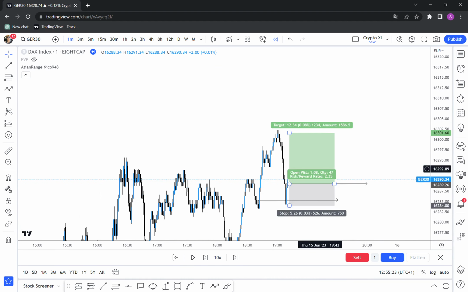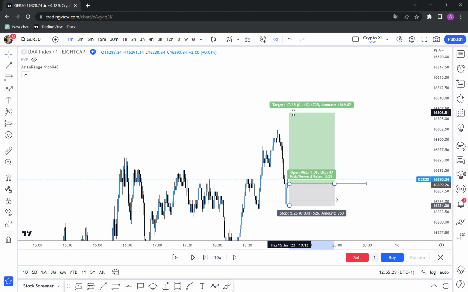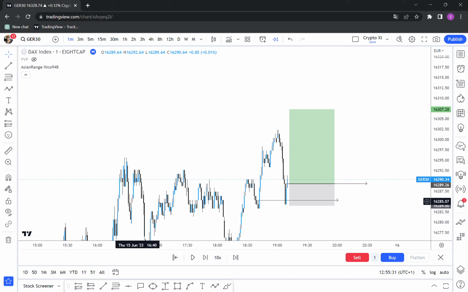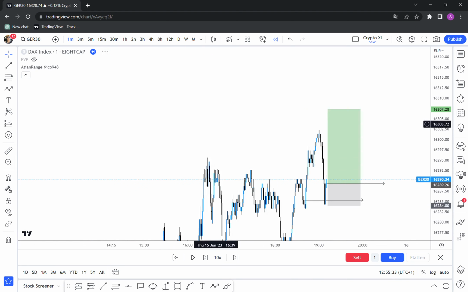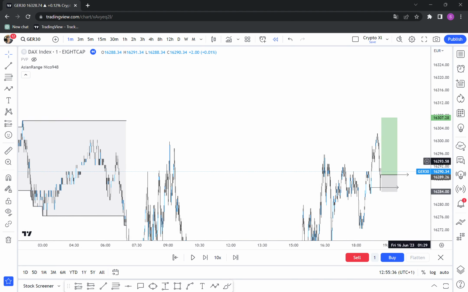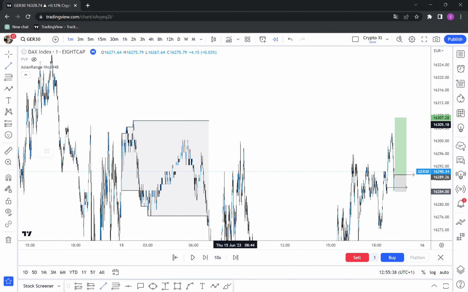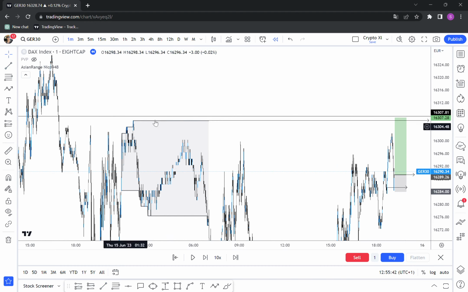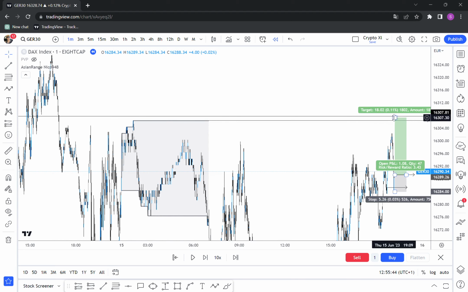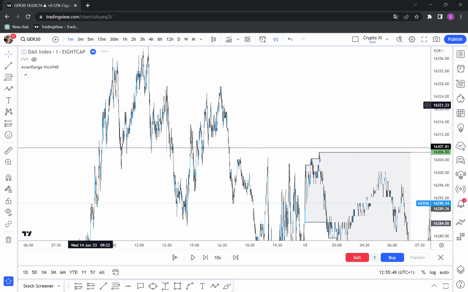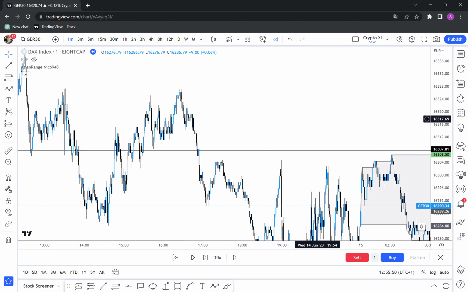I don't know, I suggest you make at least a 1.3 risk reward ratio. And the trend was bullish, so you can look for a target. In the past, we had the end of the Asian session, so you could put the target here, or as you can see here, we had an imbalance to fill